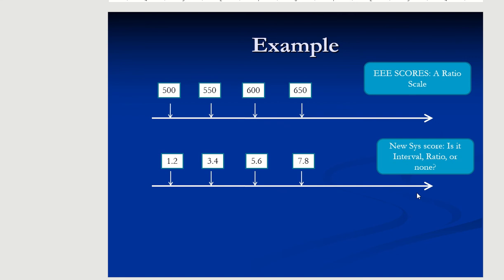So question number one, we answered it. Question number two, is it an interval? Now remember, a ratio by its nature is also an interval. A ratio is an interval plus. Remember, an interval means that the intervals are kept. That is, the steps are kept. What I mean by that, think about